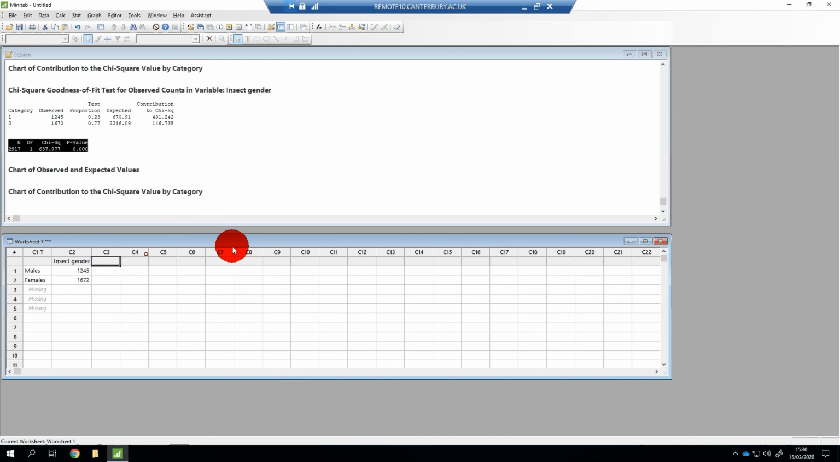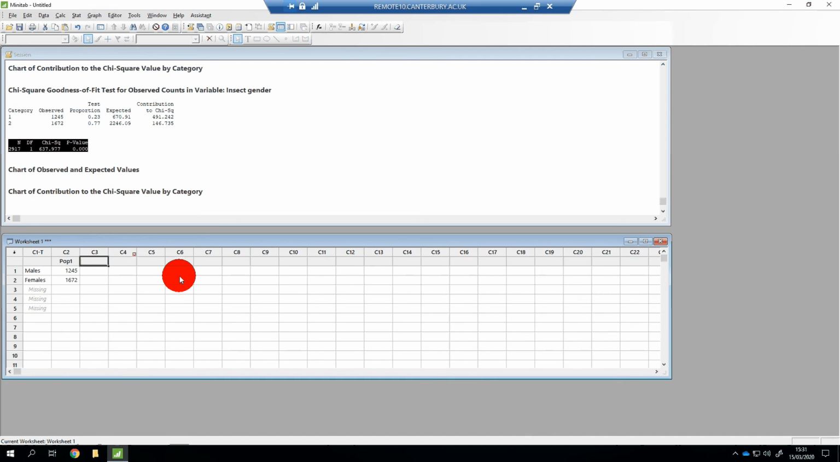Let's say, for example, there's another population. I've measured insect gender in two different populations. Same species, different populations. So population 1, I got this result. Population 2, I got this result. Let's say I got 1,154 males and 1,780 females. Okay? So now the question might be, is there a difference between these two populations in terms